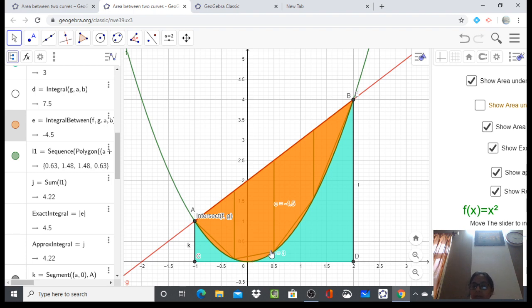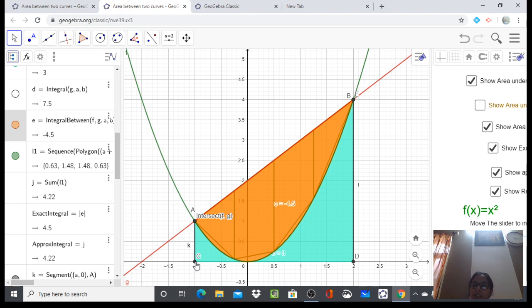So when we are calculating the vertices of this polygon, we are forming a polygon with an arbitrary h. I have taken a plus h. When we come to this polygon, this is the point a plus 2h and f of a plus 2h. This is a plus 3h, f of a plus 3h, then a plus 3h, g of a plus 3h. This is a plus 2h, g of a plus 2h. So we are forming this type of polygon, and we are changing n.